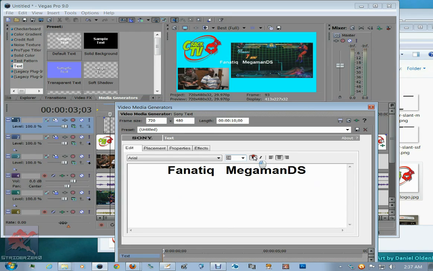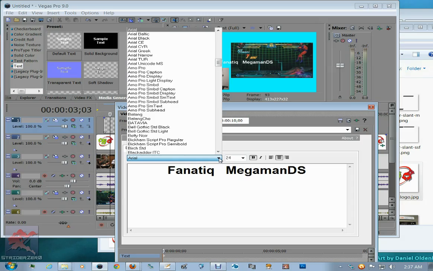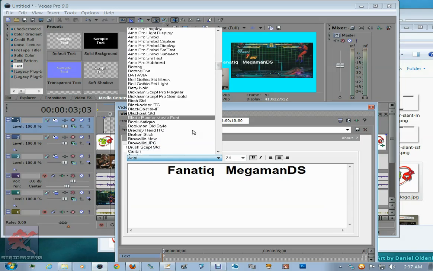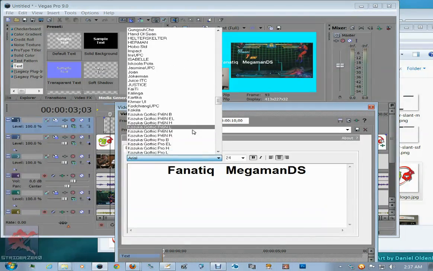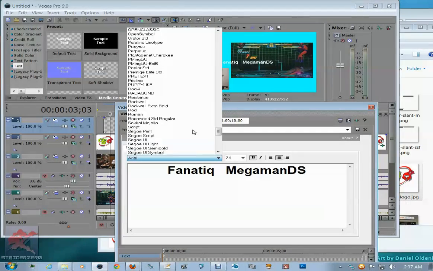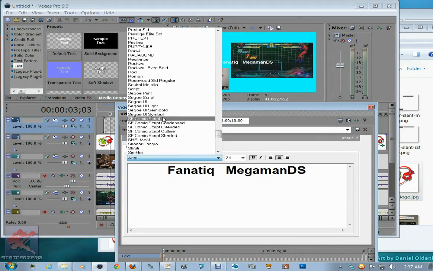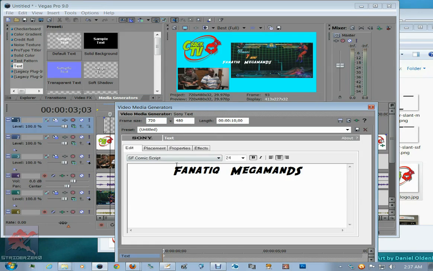Change if it's bold or not, change italics, change centering, and then here you change your font. So for this font, like in the video, I installed a font called, I believe, SF Comic Strip. So let's say I'll just insert that, add some space in between the names,